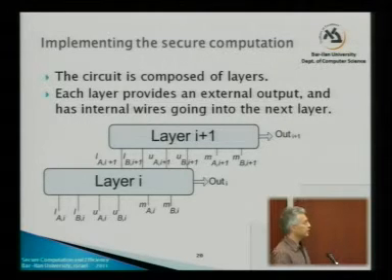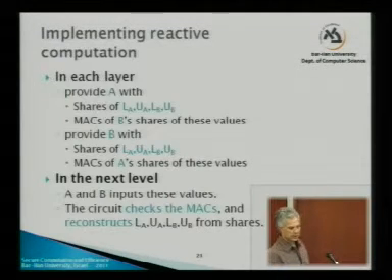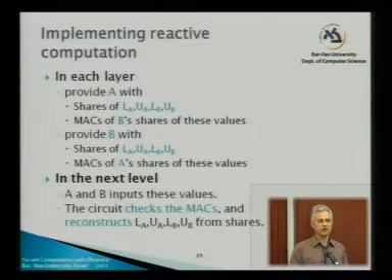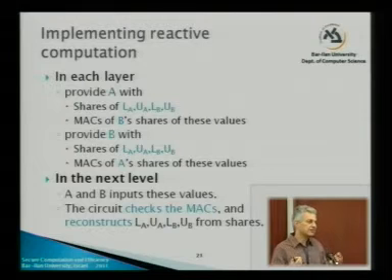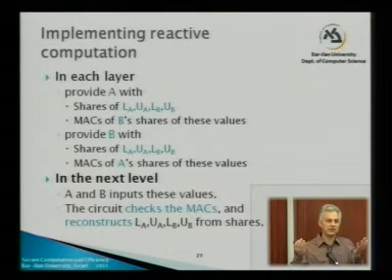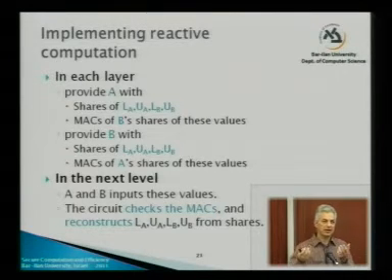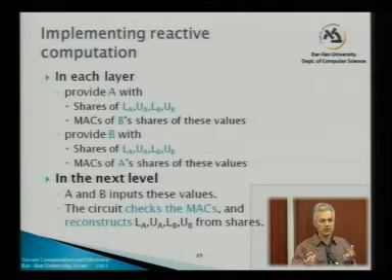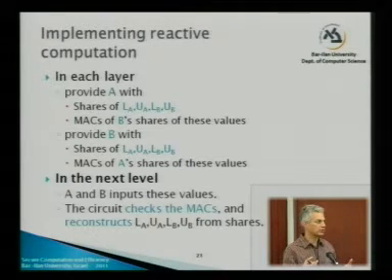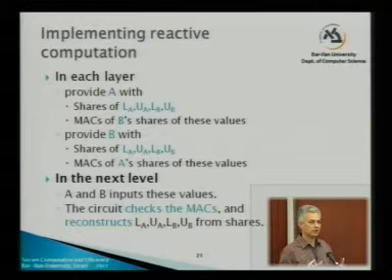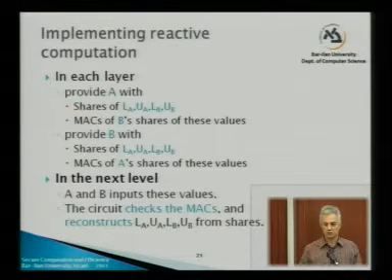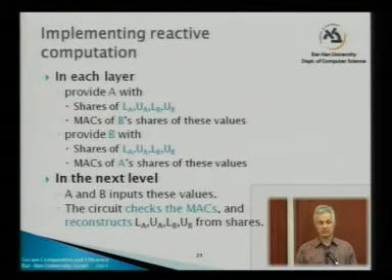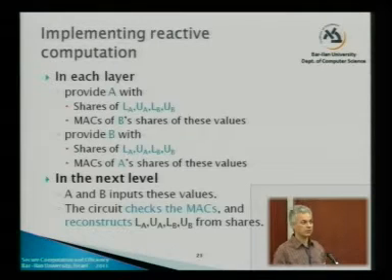So how can we get away from these problems? What we do is we provide each of the parties with shares of the bounds. A share is just another name for this: let's take the bound, say it's 100, and give A and B two numbers which are random except that the sum is 100, or the exclusive OR is 100. Okay? So each party gets a share, which reveals nothing. So this takes care of secrecy. We also want to prevent the parties from